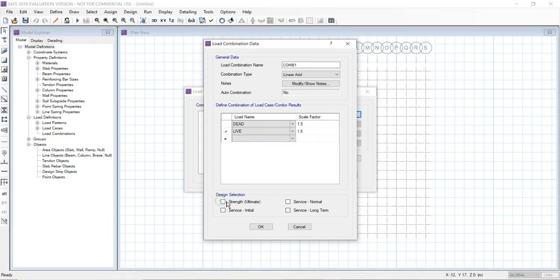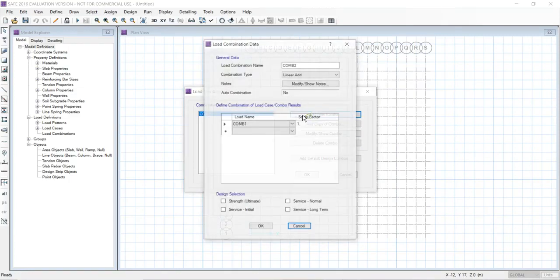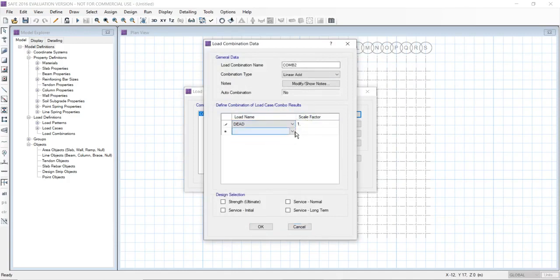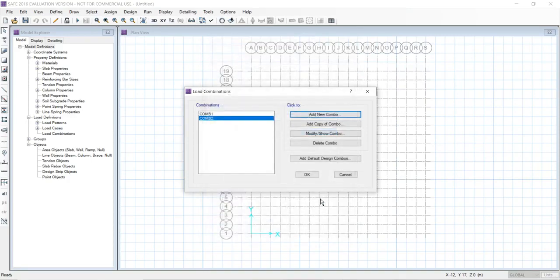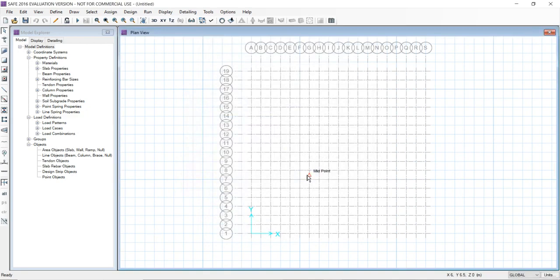This is for the ultimate condition. Then add new combo 2, with dead load factor 1 and live load factor 1. This is for normal, long term and service conditions, and click OK.